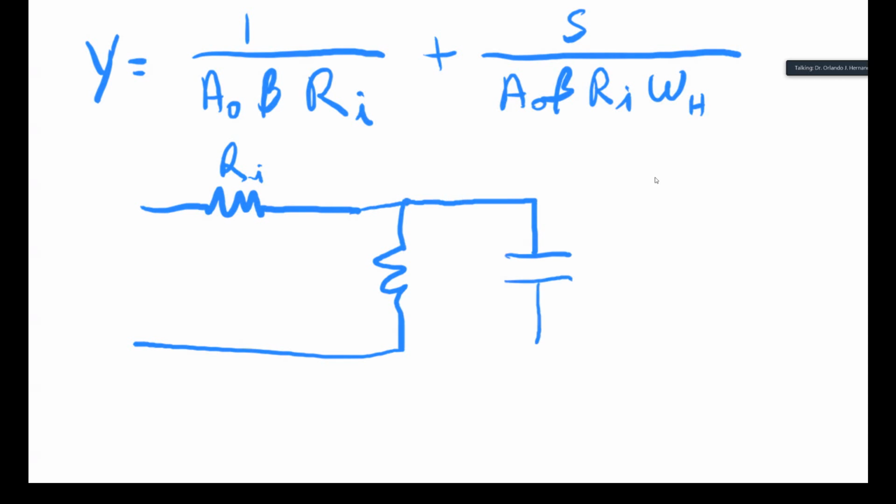So high frequency poles are capacitive in nature. And then this resistance over here would be, and this capacitance would be